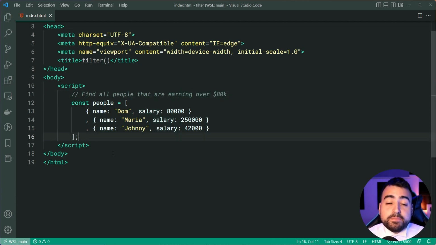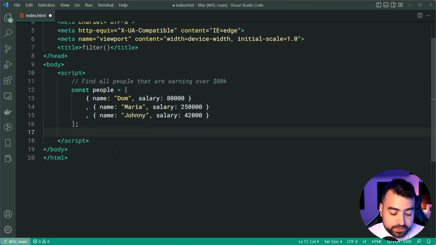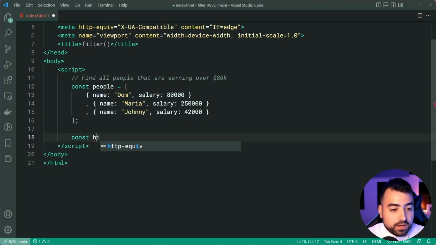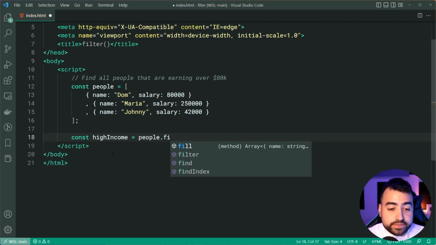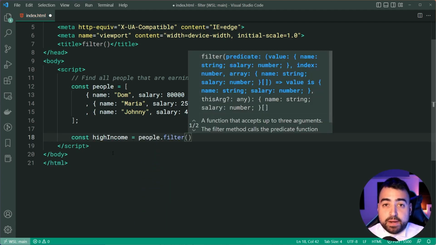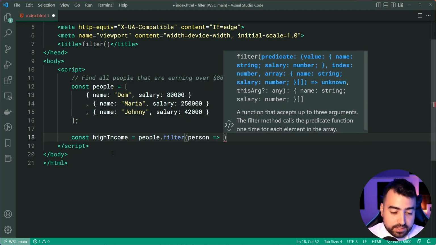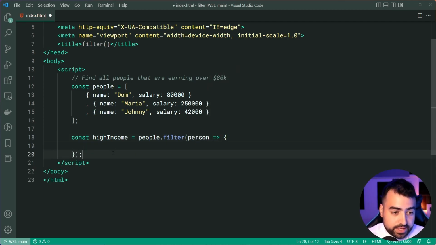So filter allows you to pass in a condition, and if that item passes the condition, then it gets included in the result. So let's hop down here. We're going to say const highIncome is equal to people.filter just like this. Now, much like the sum method, you want to pass in a function here. I'm going to say person as the name of the argument here. Then we're going to say return